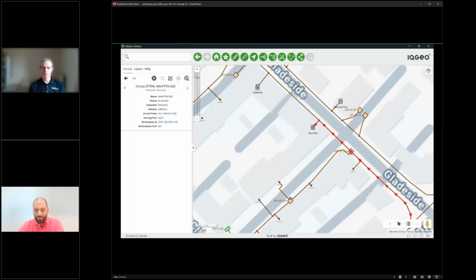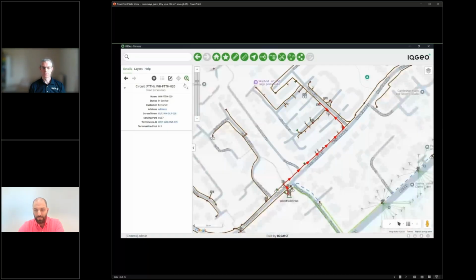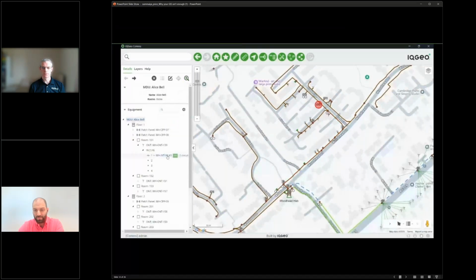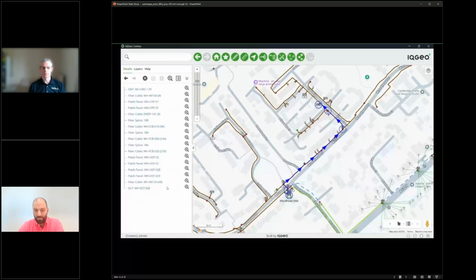You can see it's being served through which OLT. We can zoom in to the optical path of that service. We're going to again launch an upstream trace and inspect the results of all the different connections, splices, and fiber cables that are used for that optical path.